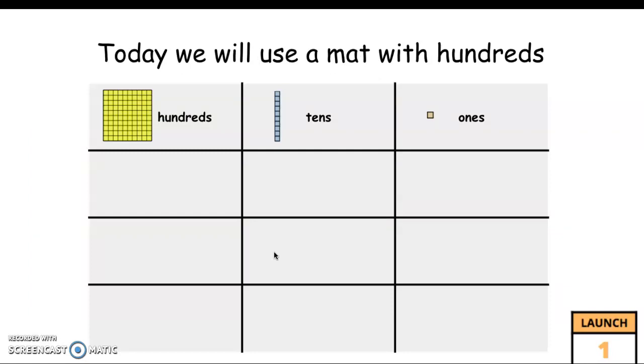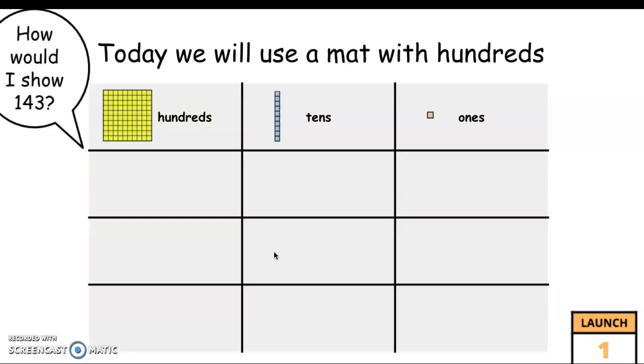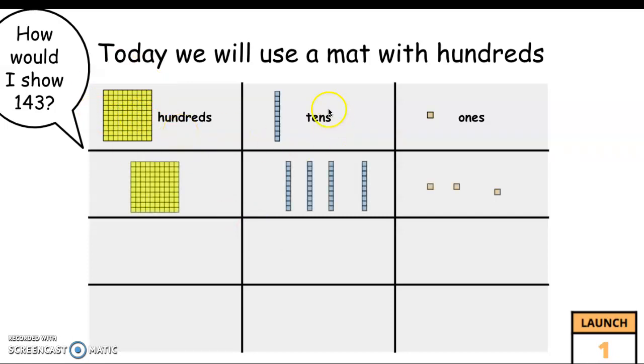Today we will use a mat with hundreds. How would I show 143? I can use a 100 flat or 100 block, 4 tens or 4 rods to represent the 40 in the 143, and 3 ones from the 143, 3 1-unit